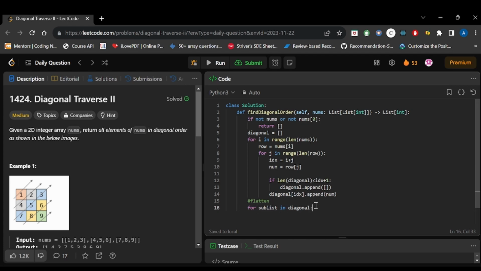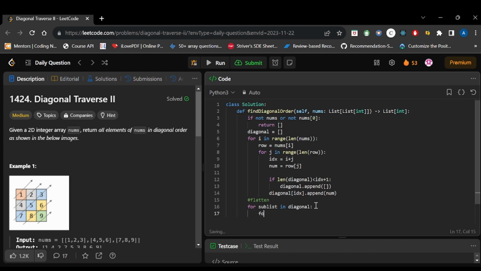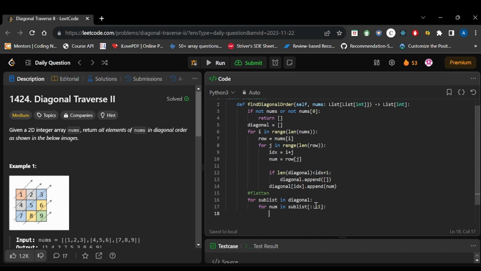After that, for number in sublist, and we have to use the reversed version of it. So we are reversing here and we will append it to result. Instead of writing this much, we can just use list comprehension, so I will shorten it.